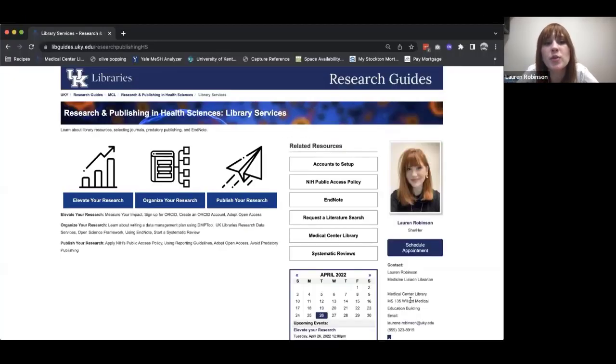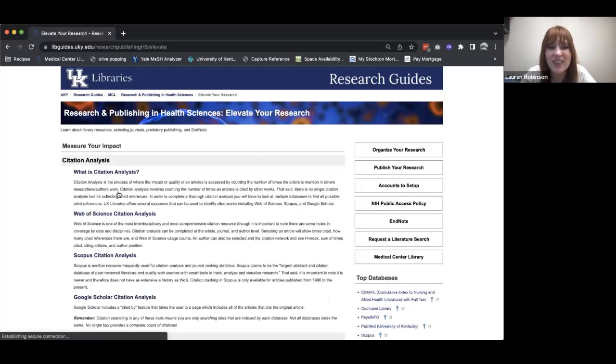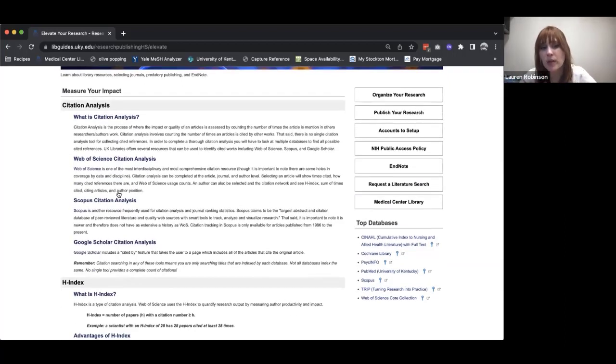Okay, so this is the Research and Publishing in Health Science Guide. It is organized into 3 sections: Elevate Your Research, Organize Your Research, and Publish Your Research. Under Elevate Your Research, you're going to find things about impact factor and citation analysis. So if you're interested in learning about the tools available at UK libraries for conducting your citation analysis, you can find that here. We have Web of Science, Scopus, and Google Scholar are probably the 3 tools that are best